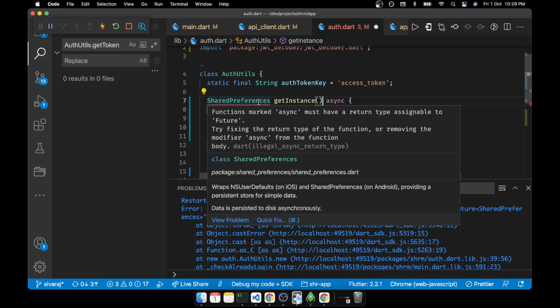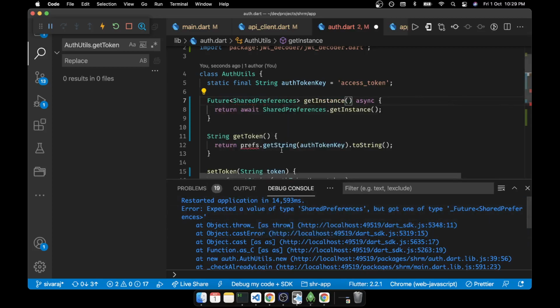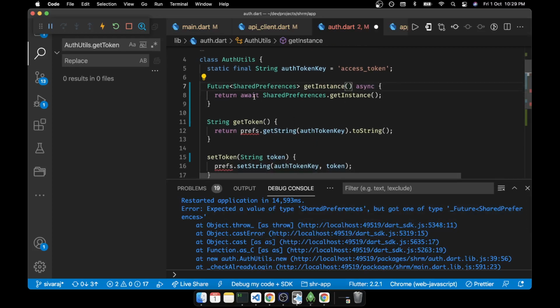Functions marked async must have a return type that is assignable to Future. Okay, so now what we have to do, we have to use the getInstance, maybe.